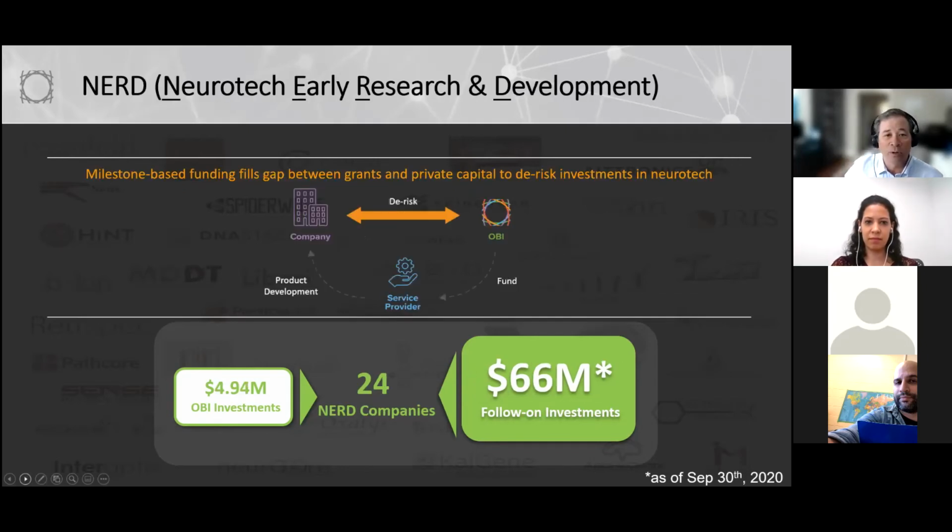NERD is an investment program. It's based on a pull model. So let's say we're talking about these partnerships with industrial partners. Generally, Canadian companies, when they speak to industrial partners and investors, are too early stage. You hear it from investors: they love the technology, but it's too early stage. And when we started asking the industrial partners and the investors what they would like to see in order to have a good conversation with these companies,